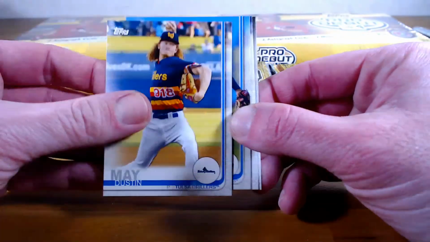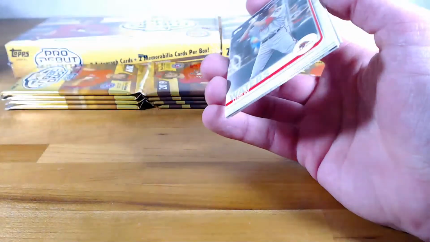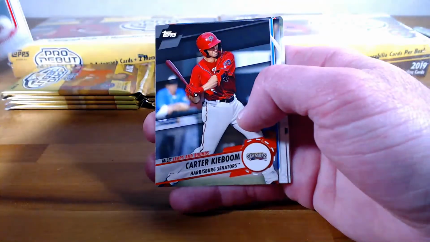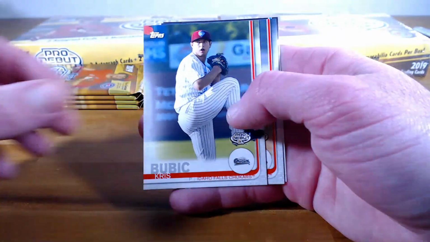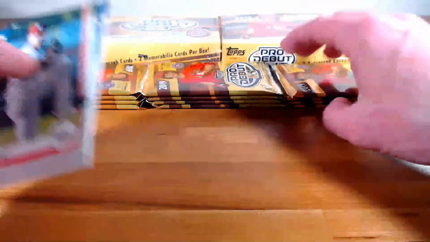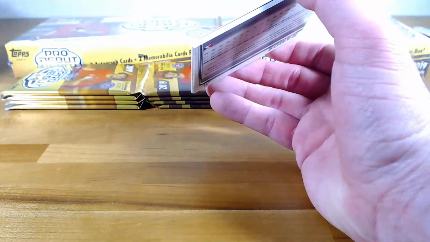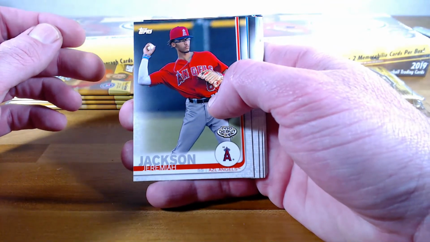Dustin May, Cancel, Kiboom, Ashcraft. Drew Waters, Duplantier, Corey Ray, Carter Kiboom insert, Wander, Chris Bubbick, Alec Boehm, Franklin Perez. Yeah, he either got the Robert or the. Yeah, he got the Robert, and then there was the Wander too that went to. I think Jeremy got that. Jeremiah